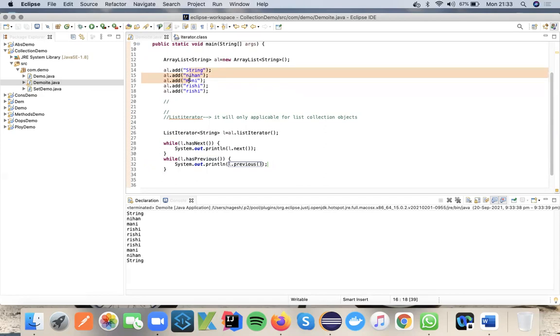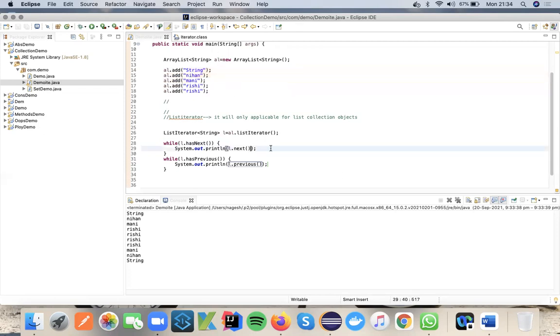So hasNext, as we discussed in the iterator, the return type of this is boolean and it will allow us to find the next element. As long as you get the next element, it returns true, then it comes into the loop. Whatever statement you have added will be executed. Here we are printing the value of that element. If you want to add some logic, that can be done.